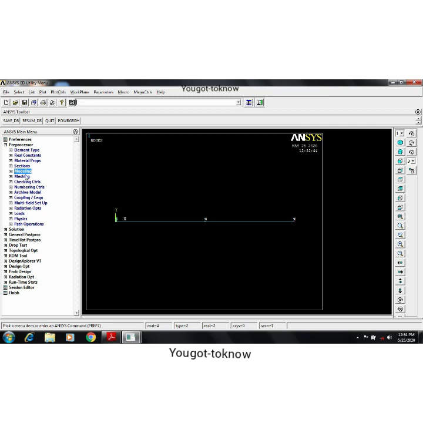You don't have any option of meshing here, because already you have created the nodes and elements, so you don't want to convert it. For that purpose, go to next, solution, or directly go for applying your boundary conditions, that is, go to define loads, solution, define loads, apply thermal.